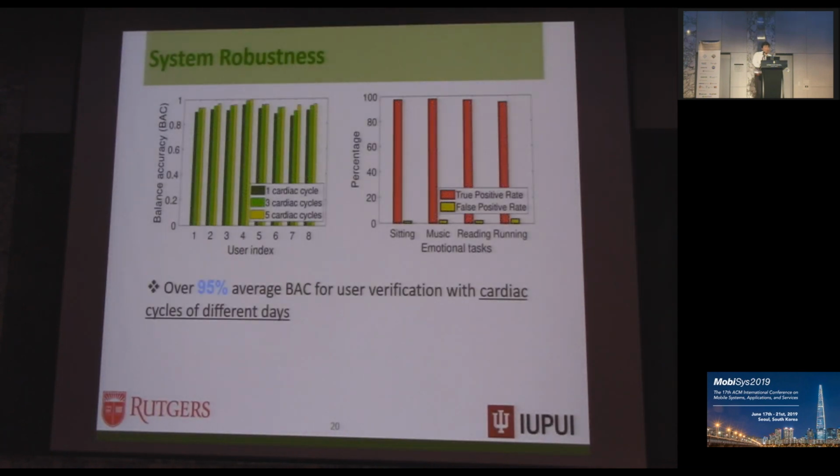Finally, we evaluated the robustness of our system. You can see that, as we introduced in the previous slide, we only choose 17 cardiac sample waves as the user profile. 3 months,